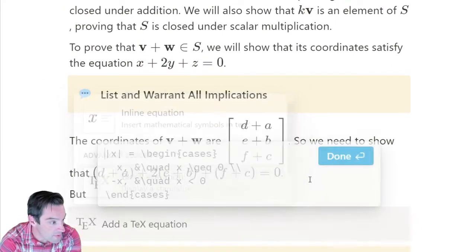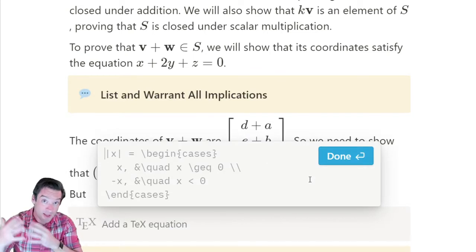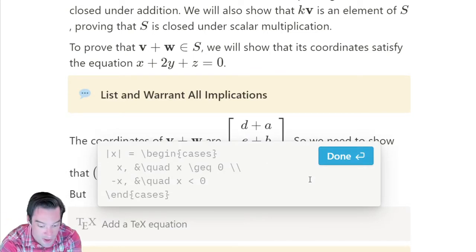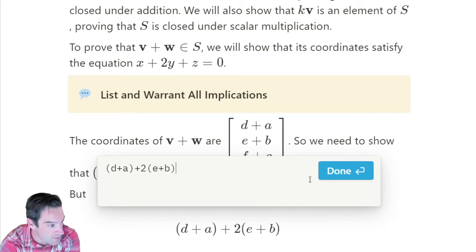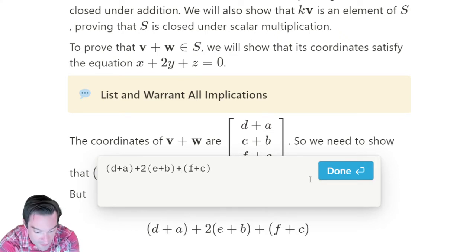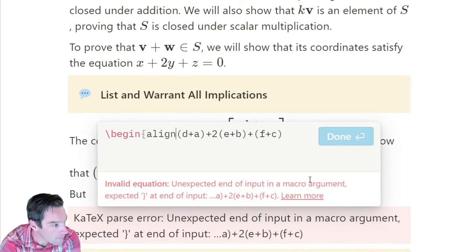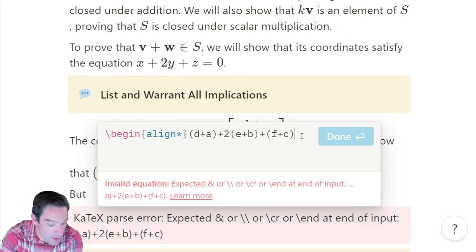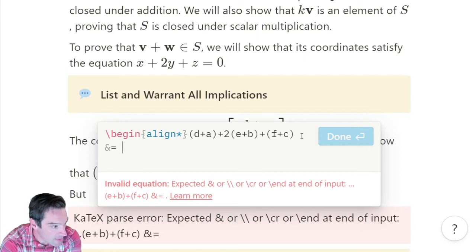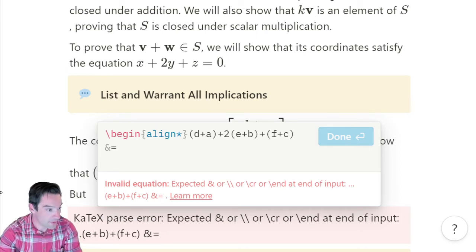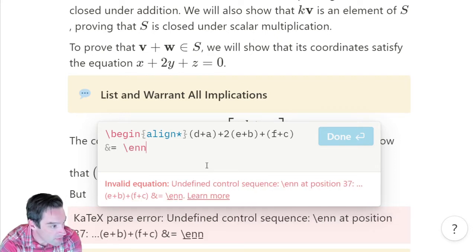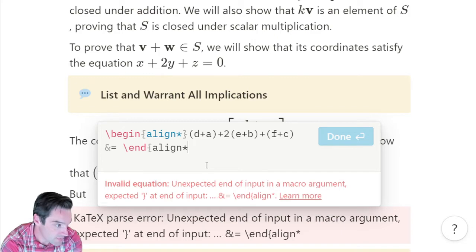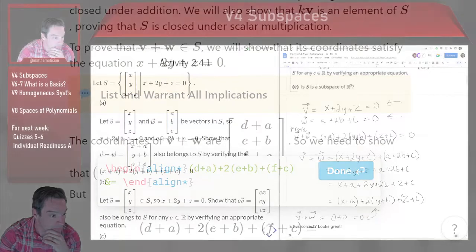We'll do the usual thing that we do when we're trying to prove that an equation is satisfied. We'll take the left-hand side expression and we'll try to work it so that it equals the right-hand side expression without having to work on both sides at the same time. So d plus a plus twice e plus b plus f plus c. And so I want to show that this is equal to 0, but I don't really know anything about it yet. What I want to do, going back to my cocktail napkin for some inspiration, is try to do some algebra that I know I can do, so algebra of ordinary numbers,